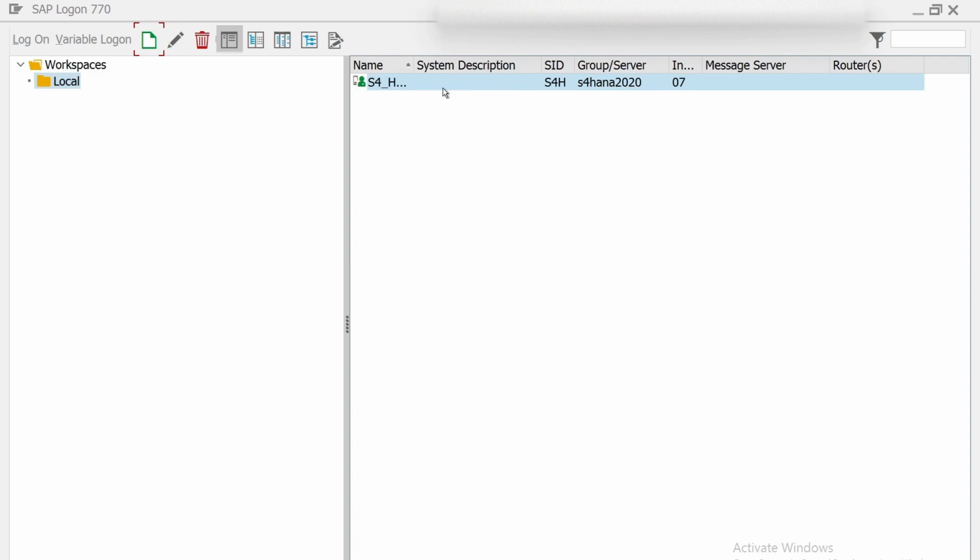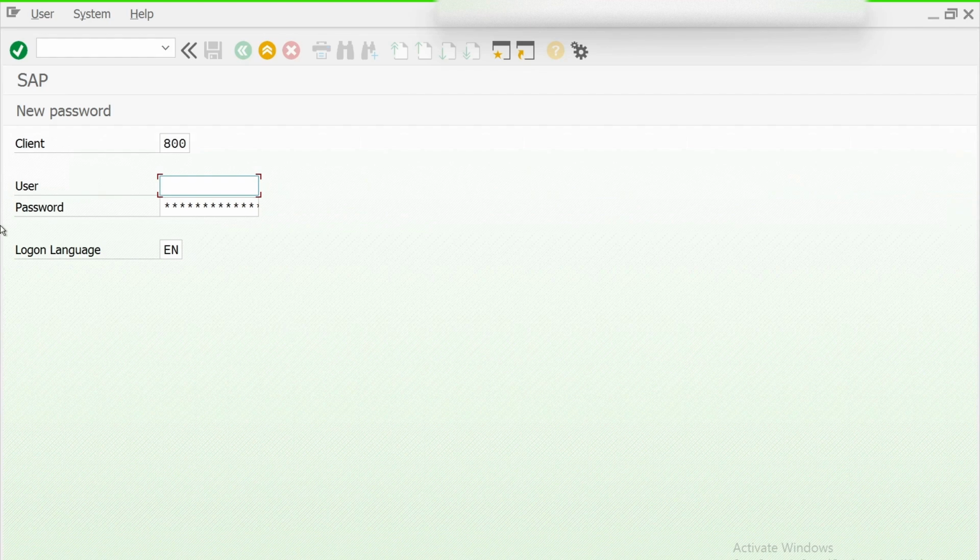Once you have this particular line and click on it, this would be the page that opens up. As we have already seen in our theoretical session, the first part would be the client. This is the three-digit number which holds all the data of your system. Then you have the user ID, which would be provided by the service provider itself. Then this would be the SAP password which you will have to enter, and then English, which we mostly use by default.